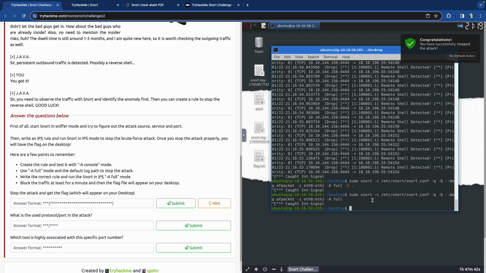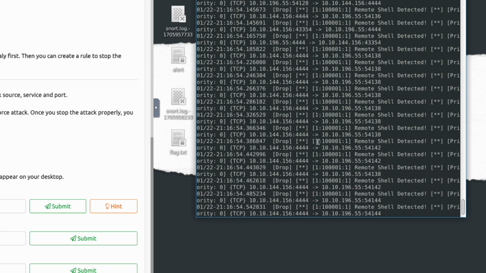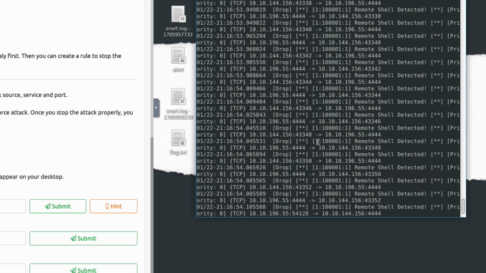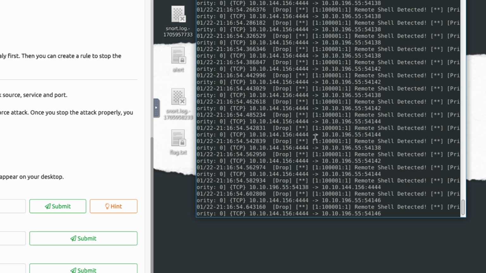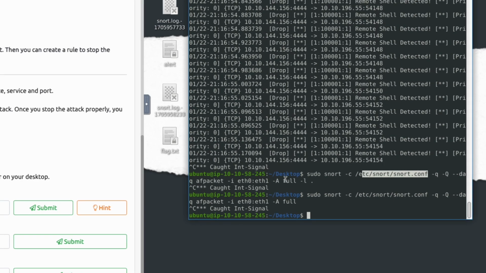And so I'm going to give you guys a couple of pointers here. As you can see, first and foremost, we ran the command with console, right? And we ran it with the local rules file instead of the configuration file. And I let that run for a while. Even though it was showing the rule and that it was detecting it, it didn't give me the flag, right? So I was like, okay, fine. I'm going to run it with the config file instead of the local rules file. But then when I did a full and tried to log it onto my desktop, which actually gave me the log files and the alert file, I still ran it for a while and I still didn't get the